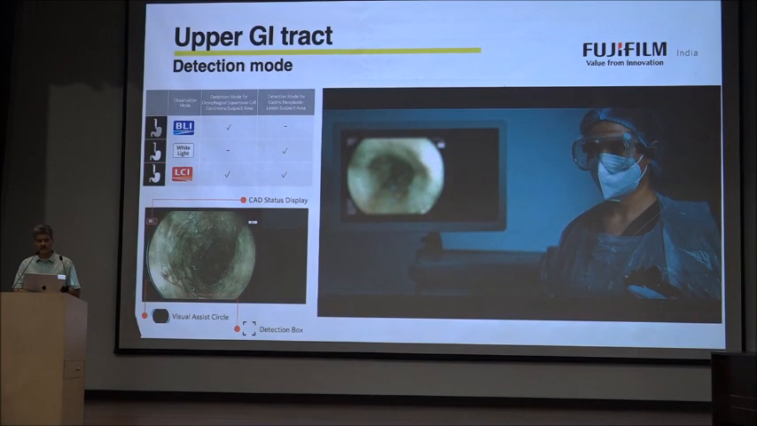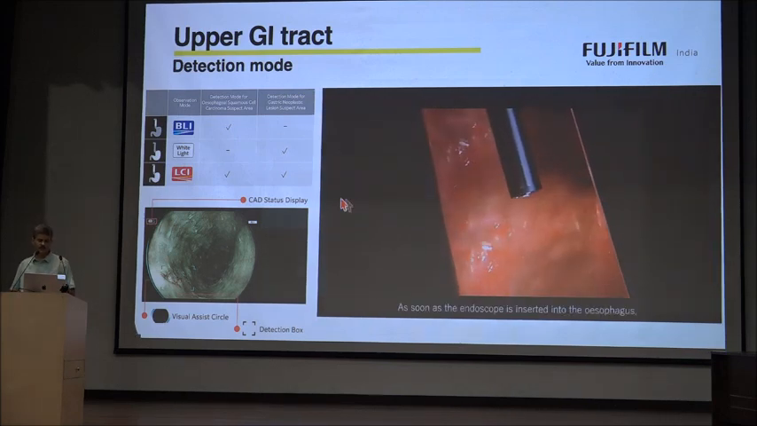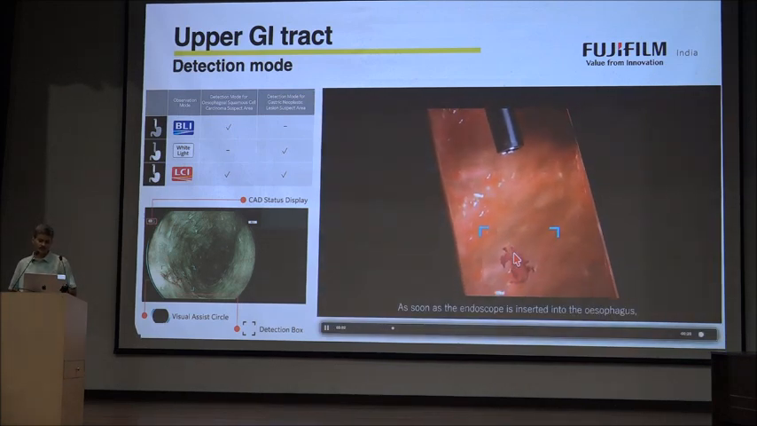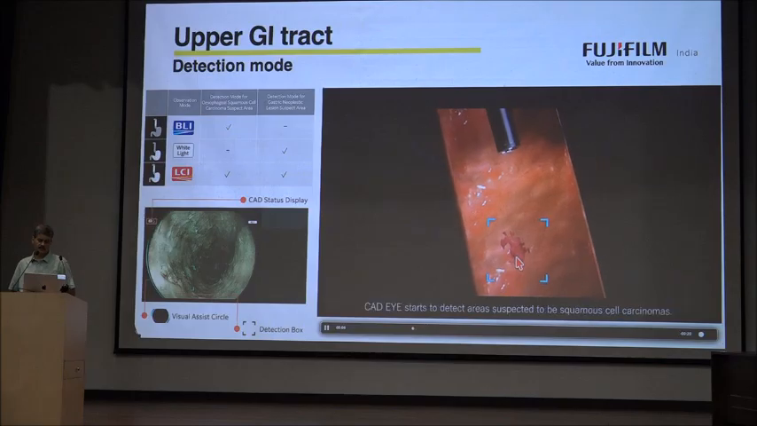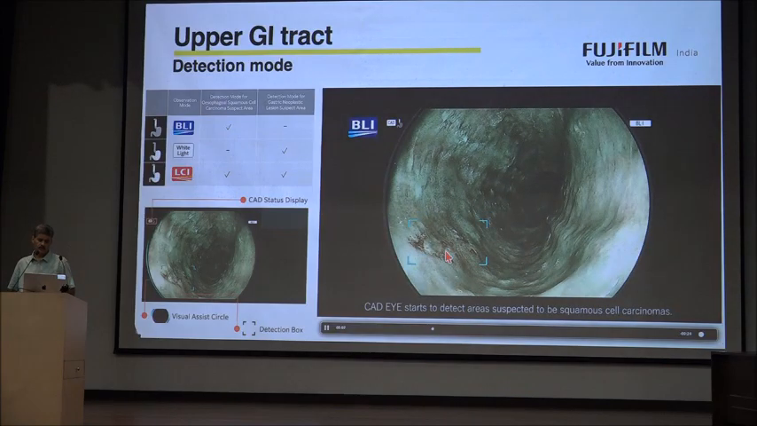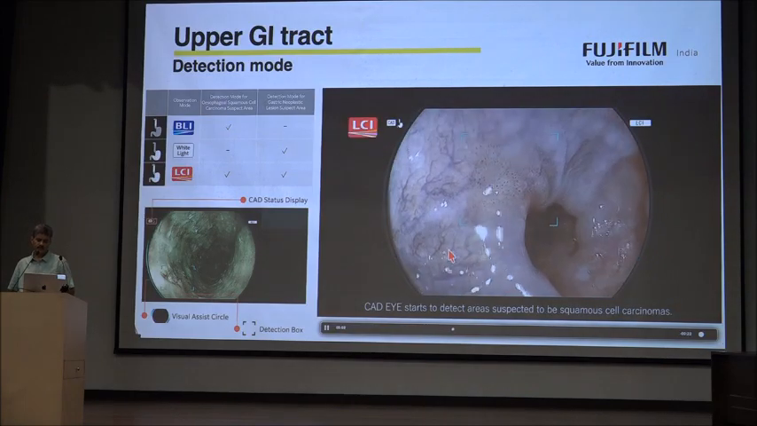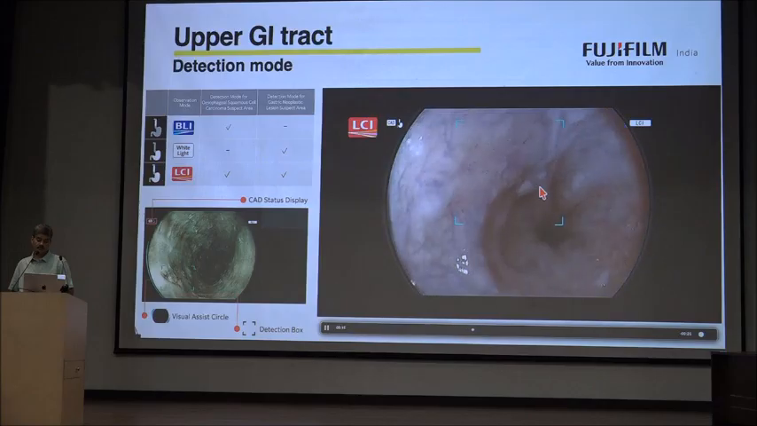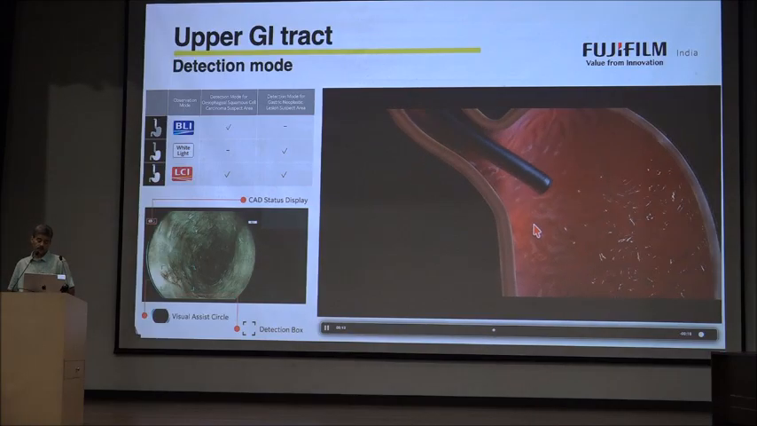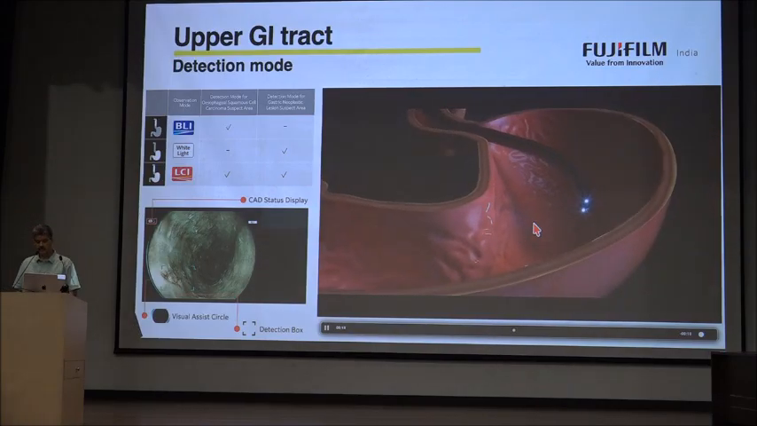So this is again a detection mode from the Fujifilm. They have launched it, and I'll show you how it does. So we pass the endoscope, and I'll show you more images. This is schematic, and just look at how beautifully it is detecting something we may have missed, something here. So if you look, it has extremely good eyesight,